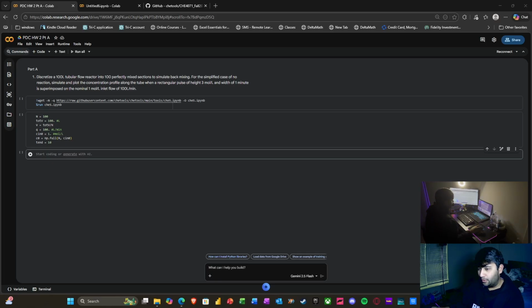So I've already gotten started, and I have our script here to access all of the NumPy and SciPy stuff. I've also already put in our variables and the values that we're going to use. So we have our 100 sections from our tubular flow reactor, our total volume, which is 100 liters, the equation for the volume per section, which is just the total amount of liters divided by